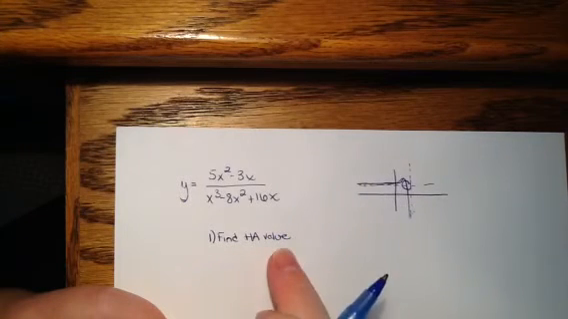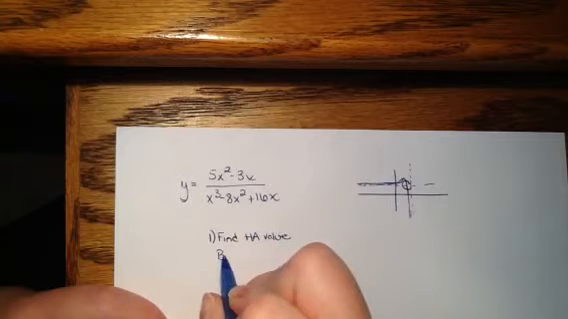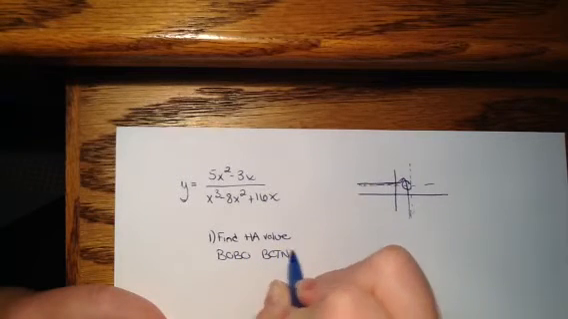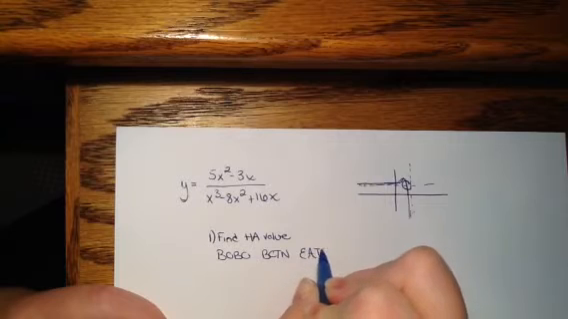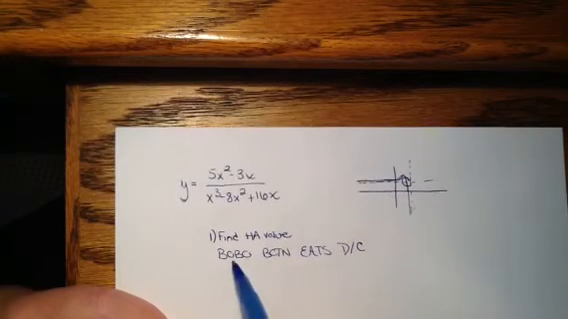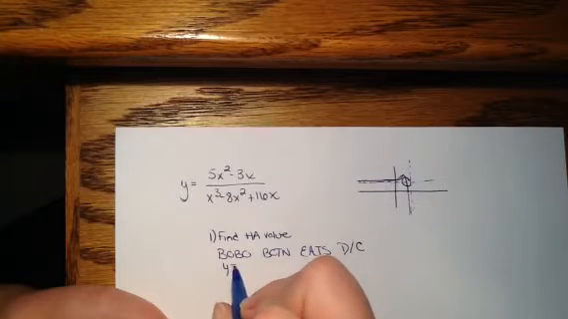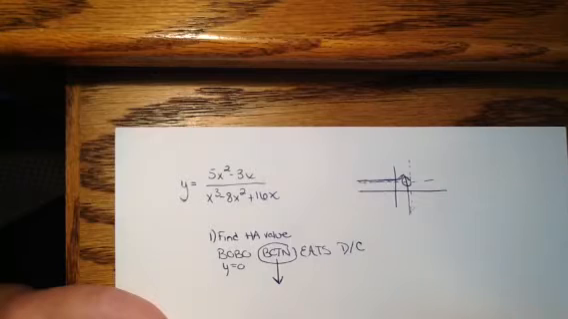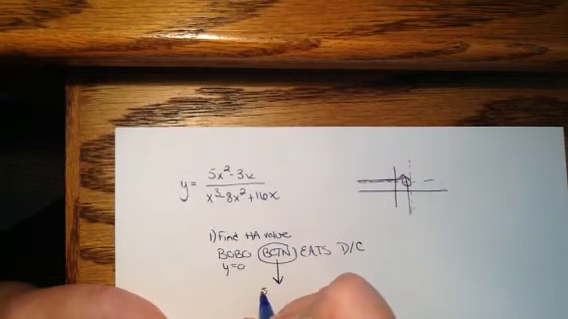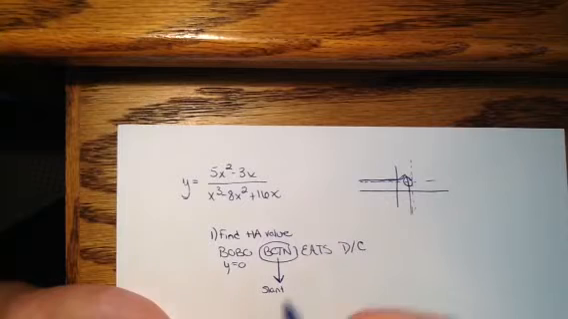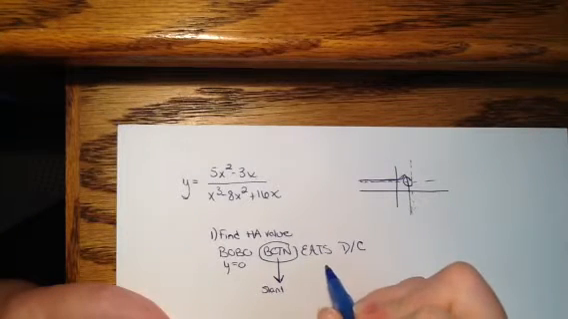To find the horizontal asymptote value, we do the Bobo, Botan, etc. Okay, so if it's Bobo, y equals 0. If it's Botan, then you don't have a horizontal asymptote. You're going to probably have a slant. And probably, not necessarily, but probably. And if it's etc, you're going to